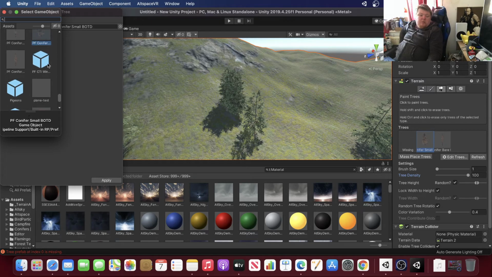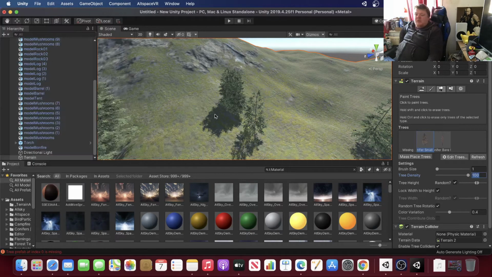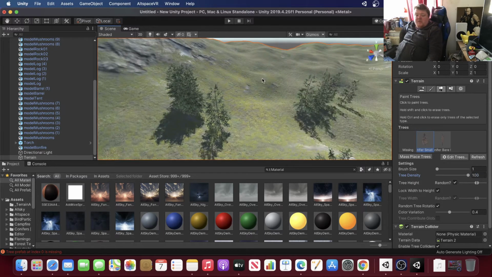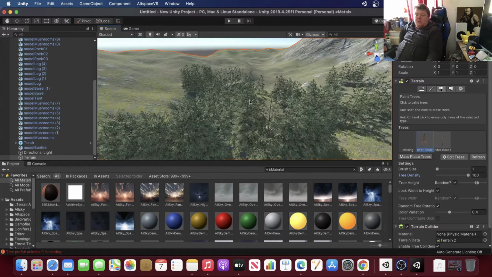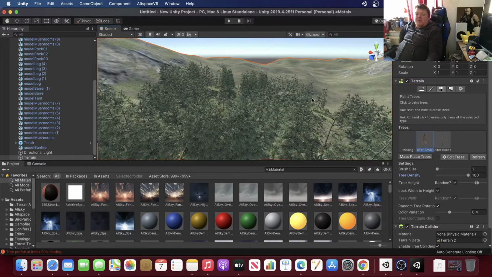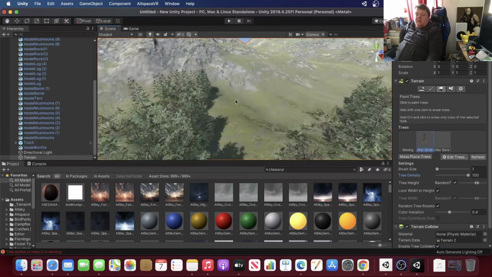I think you can. I think there was one where you can put loads of trees, and I think there was a selector of them all. Paint details, terrain settings. But we'll leave that one for now because I'll do a separate video for that one. But obviously, you can add loads of trees. You can just scatter them all over. So in a way, you can put as many trees as you want, really. Just scatter them around,